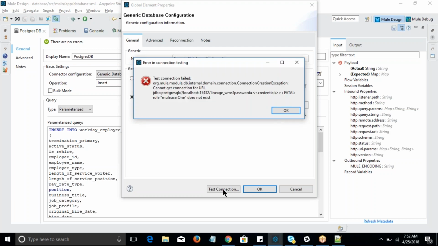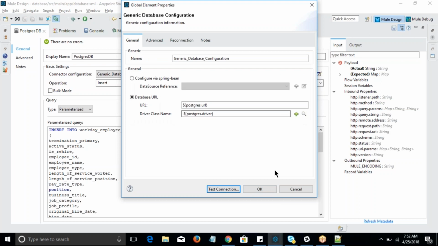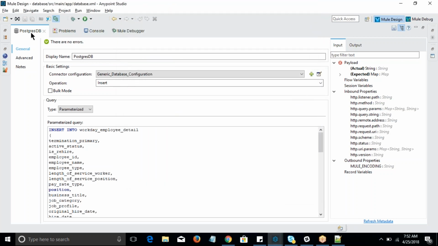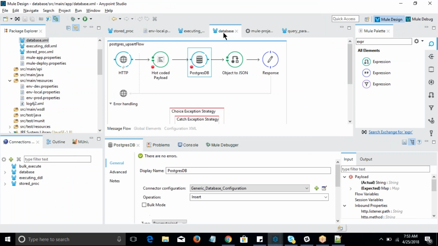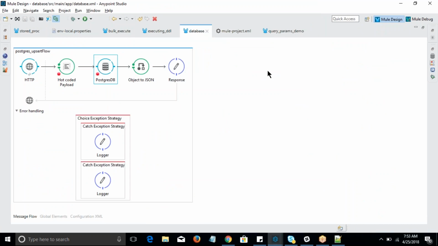Okay. See the error, guys. It was clearly saying Mule user 1 does not exist. Okay. So let's see programmatically how we handle that situation. So what I did, observe here, guys. I told you clearly in the last session what the exception strategies available are. So first, what we need to do,